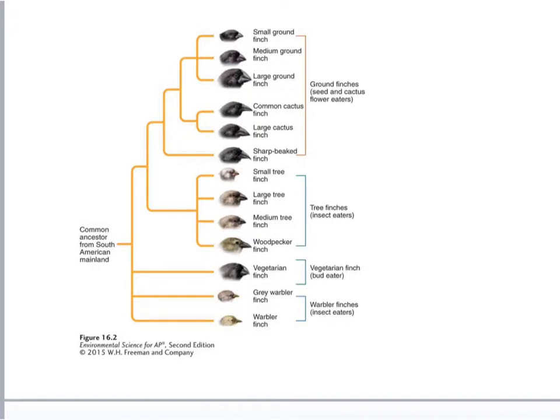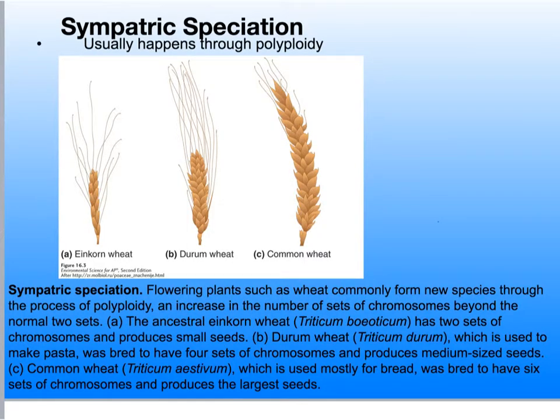We know that we have a common ancestor, but based on the type of food that they were able to eat, these finches were all on the exact same island, but there was a space that was created, and so they were reproductively isolated based on their food source. There's lots of examples of this, and the pace at which this happens can be affected in multiple different ways. So like the finches,